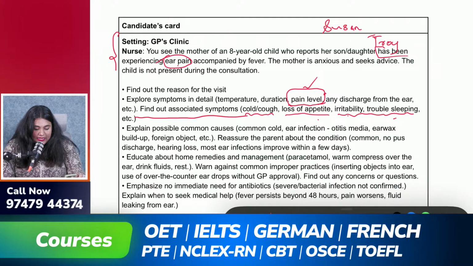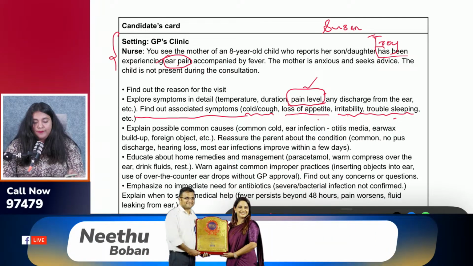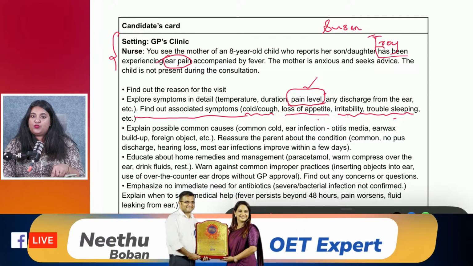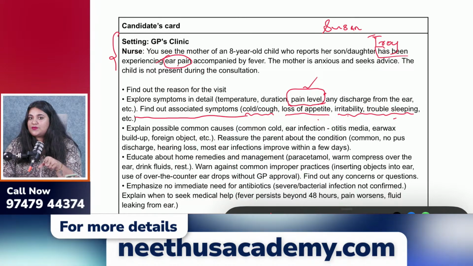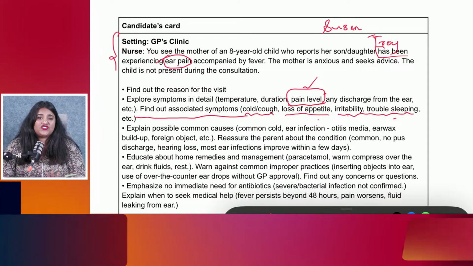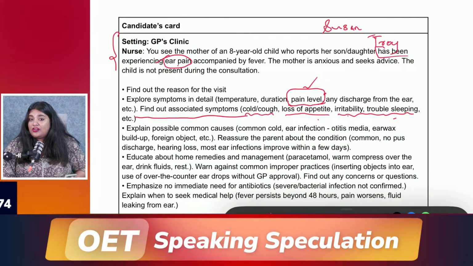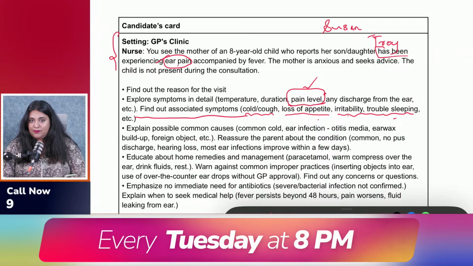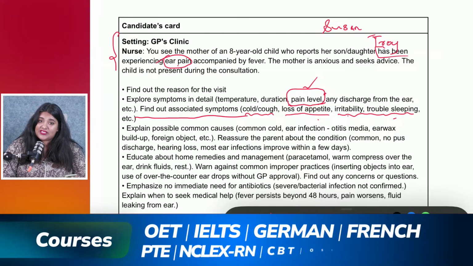Akhil, on a scale of 0 to 10 from low to high pain score, will you be able to tell me the intensity of the pain? Okay, Akhil, this is a great question. If it was the patient that you are talking to, this is an excellent question. Very beautiful sentence construction, but in this context we are not asking them. So she won't be able to rate the pain because she is not experiencing the pain. It is the child who is experiencing the pain.